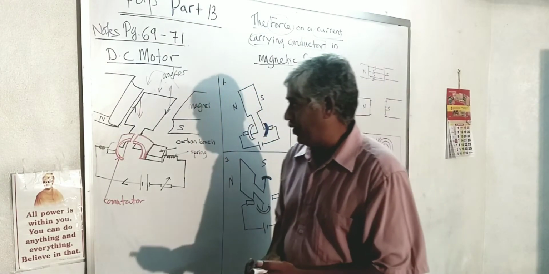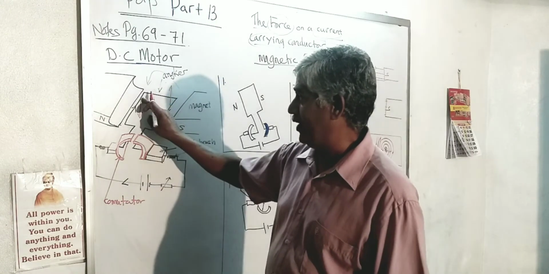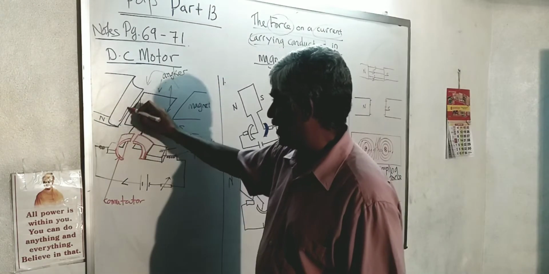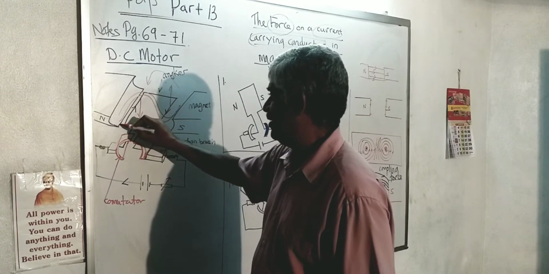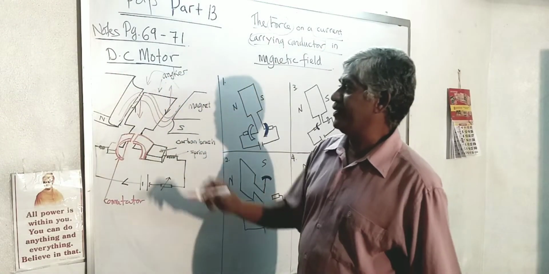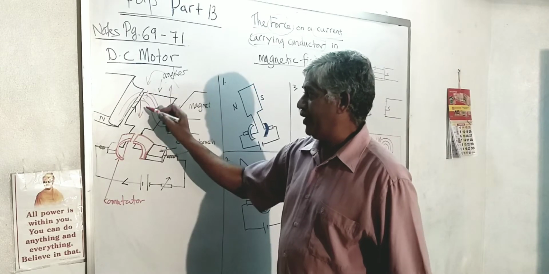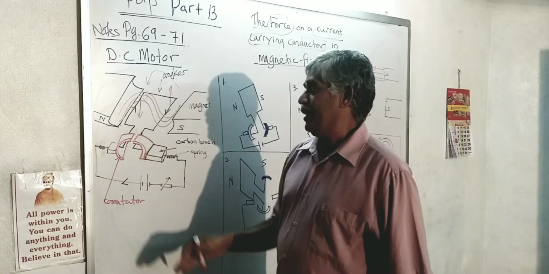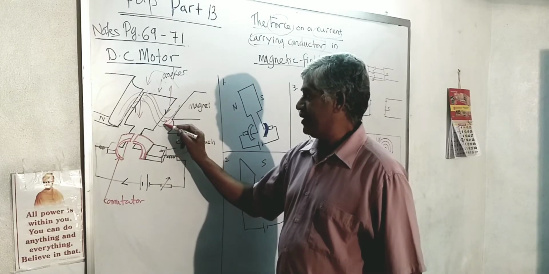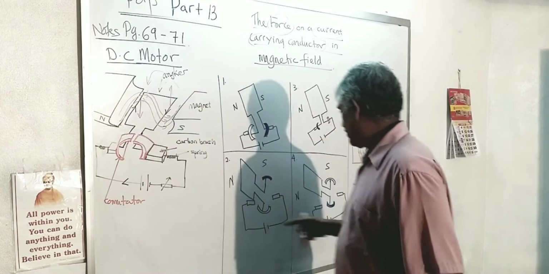Alright? So if you draw the field, where the stronger field is on the top part, the field is actually like this, if you want to draw that. So this is how the field over here interacts with the current carrying conductor field to give you a downward force, and here to give you the upward force.